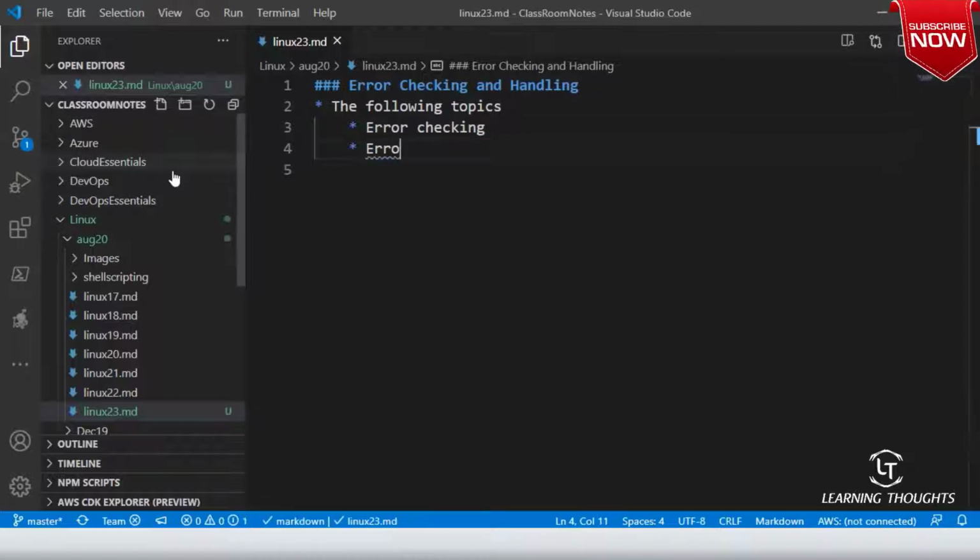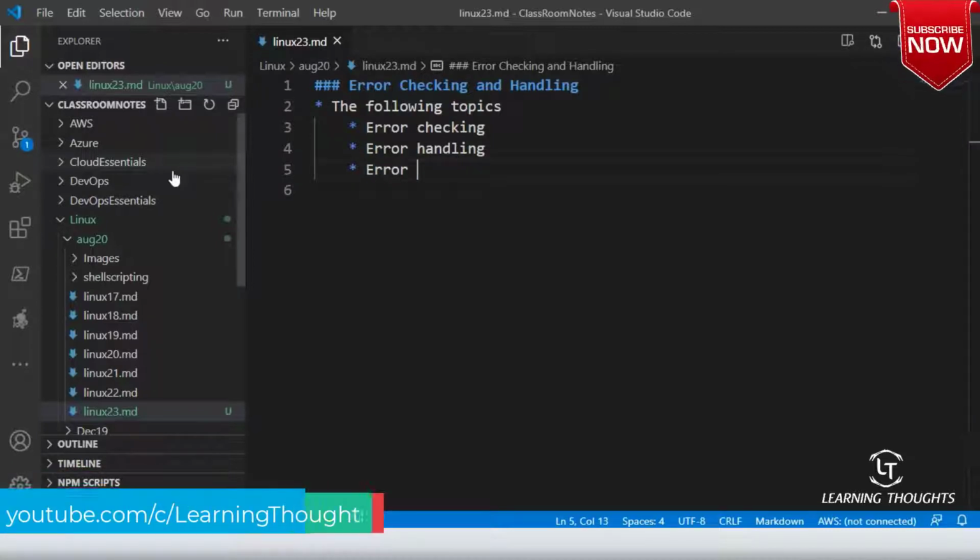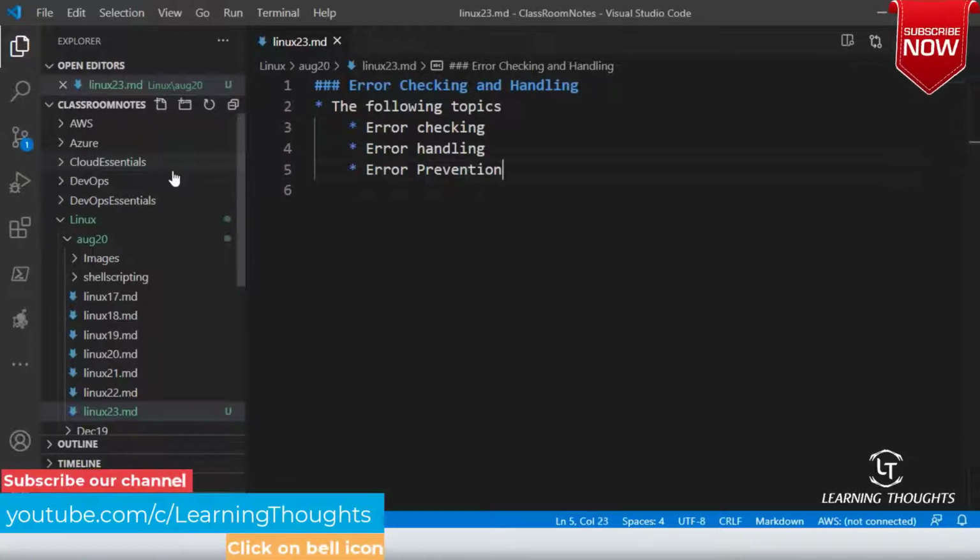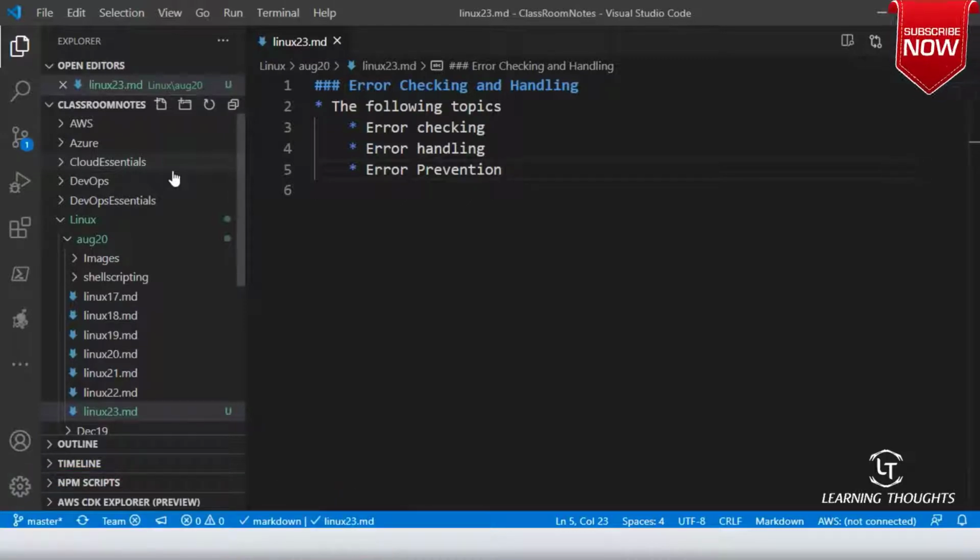The second one being error handling. The third one is error prevention. Okay, so this will be our focus going forward, right? So we will start by understanding the exit status concept. Then we will get into functional checks, and we'll be getting into all of those aspects.